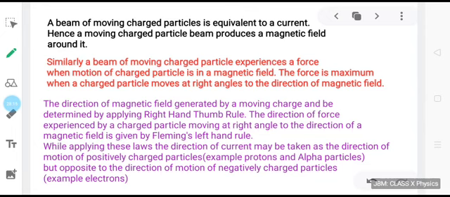This was all regarding today's topic. We will try to apply this understanding in a very important application that will be discussed in our next class. How force acting on a current carrying conductor kept in a uniform magnetic field finds its application in our day-to-day life. That will be discussed in our next lesson.